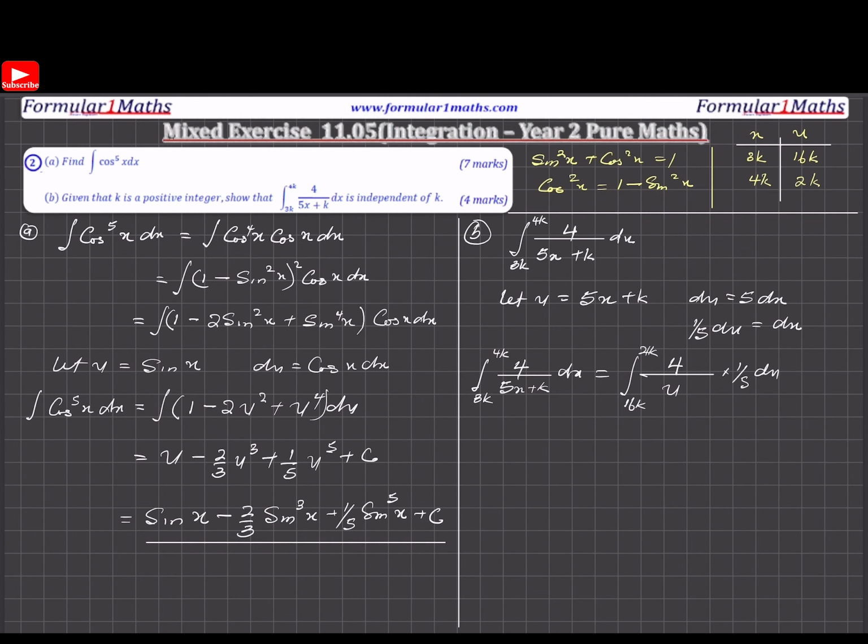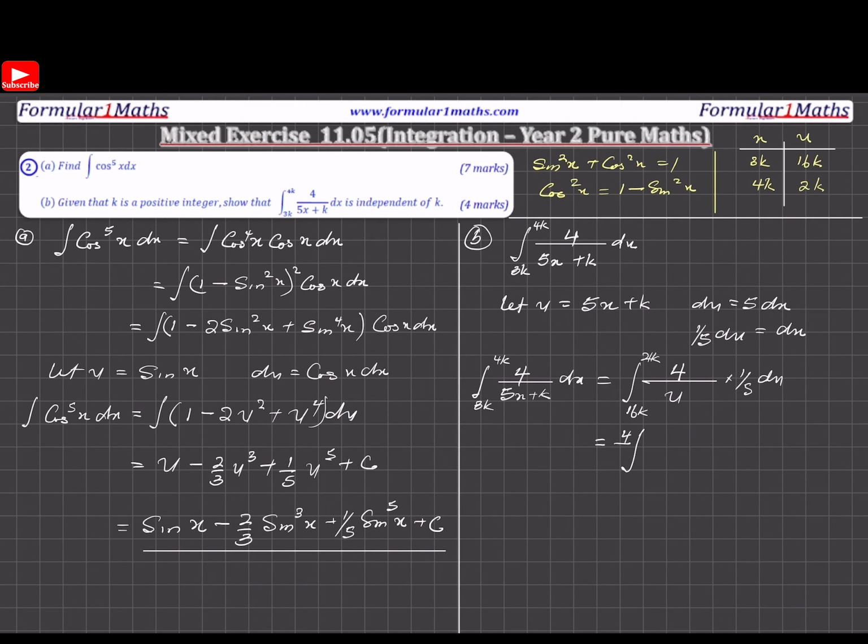I can write this again as follows. Integral of 4/5, 1 over u du, which should be equal to 4/5 ln u. But we have to put our limits in. 16k, 21k here, and then 16k here, 21k over there. We can now evaluate. So that will be equal to